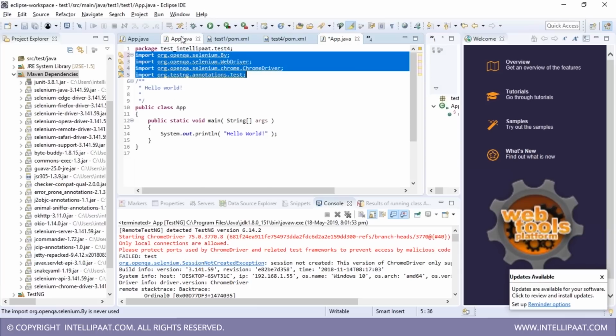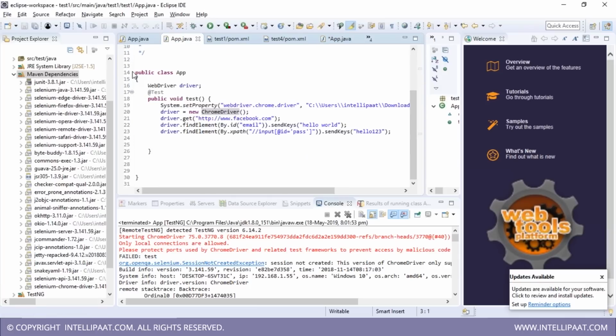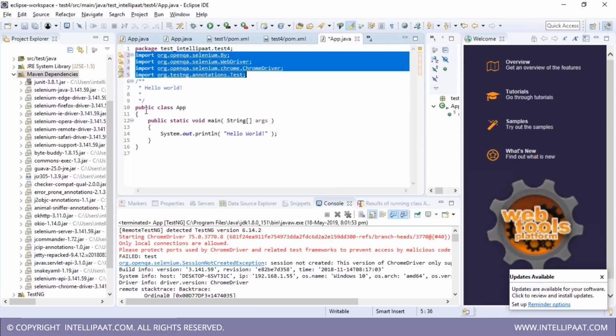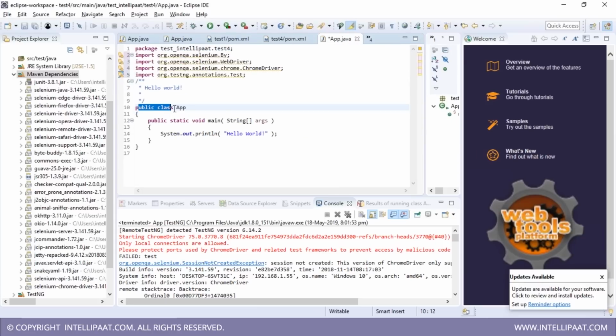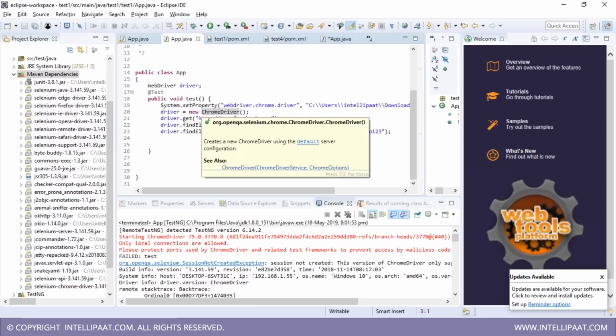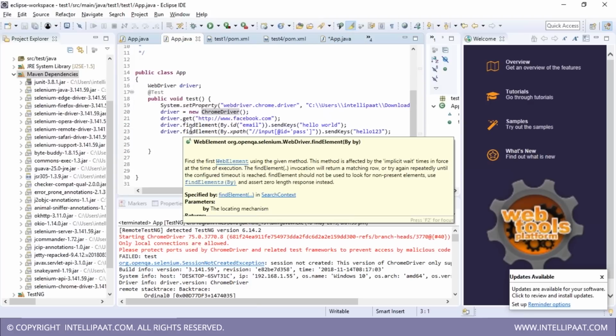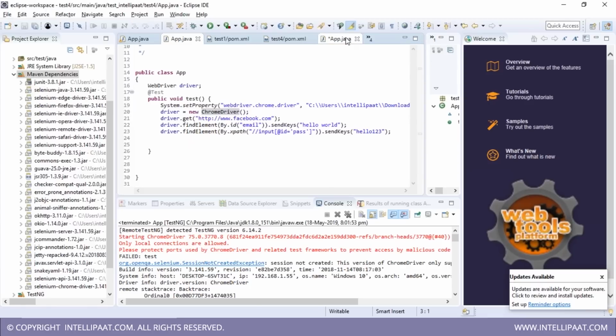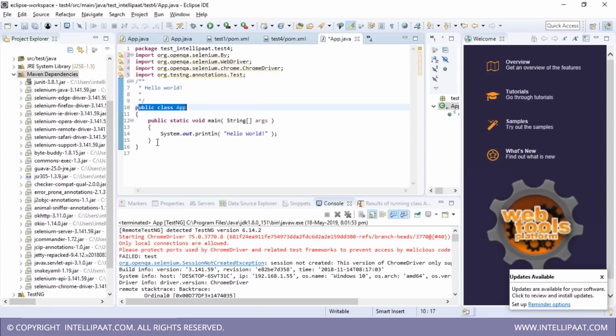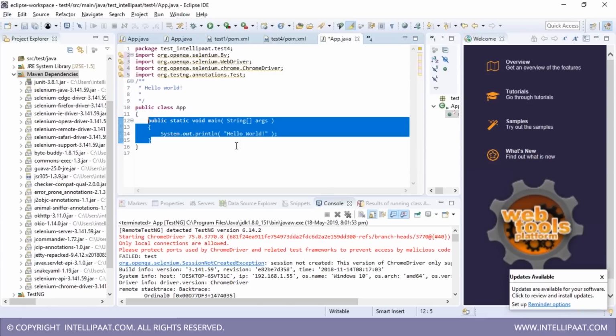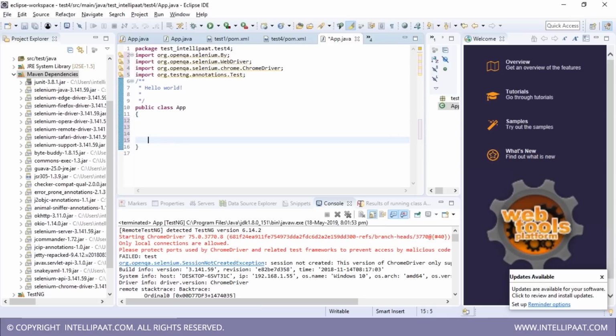Okay, I'll be using this file for a reference. So always it has to start with public class app. This is the new file that you would be getting. Public class app is what you'll be starting with. When you're basically using TestNG, in TestNG there is no requirement of the main function. Okay, so what you can simply do is you can remove the main function from here. More about TestNG I will make you understand. Right now, just assume you just have to remove the main function, and you'll have to write something like this: